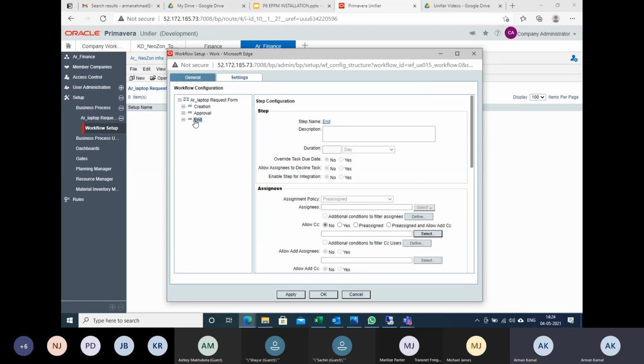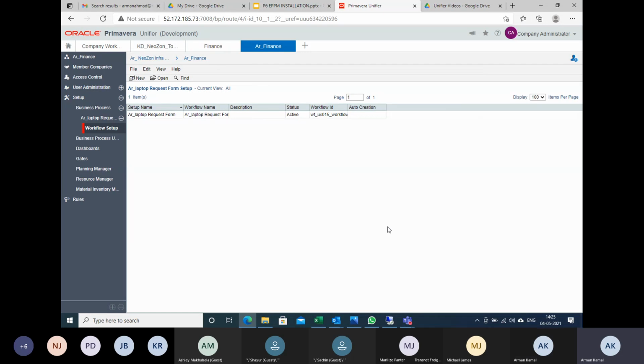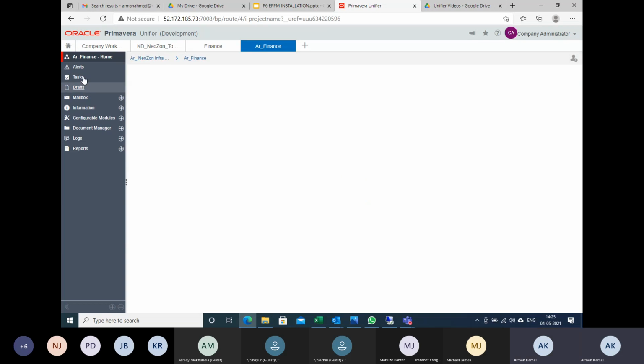Okay, and this will be at end, you don't need to define anything. So creation and approval. If you have multiple more levels of approval, then for every level of approval you have to define who is the reviewer and who is the requester. Okay, now I'll be clicking OK. Okay, now let me check whether this BP is being activated or not. What I will do, I will switch to user mode from the top. I will go to the task.